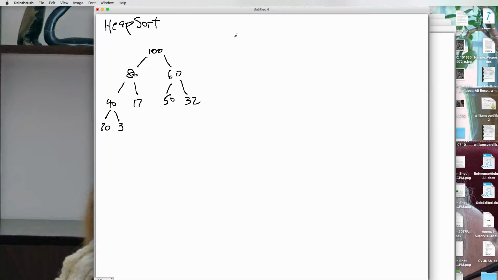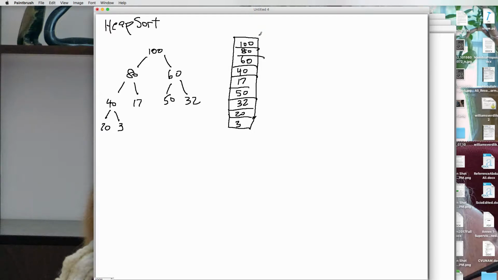And if I were to go ahead and make this into an array, because we're assuming it actually is an array, I've got 100 there, 80, 60, 40, 17, 50, 32, 20, and a 3. Okay, so we've got this array over here, and what I'm going to do is I'm going to pop the